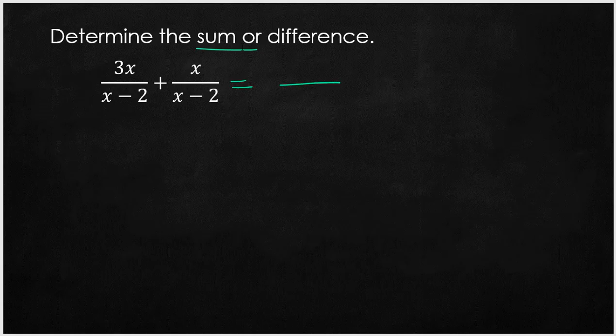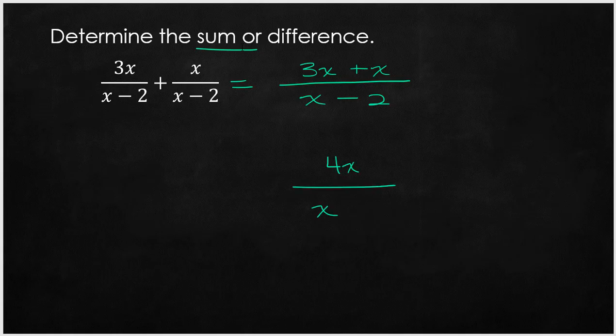Now, I'm going to go ahead and rewrite this with our denominator. And the reason I rewrite it like this is just to remind myself not to change the denominator. And then in the numerator, I'm going to go ahead and write the expression that I'm adding. And I'm adding 3x plus x. Now we have to combine like terms. And in the numerator, we can combine like terms because 3x and x are like terms. So we end up getting 4x